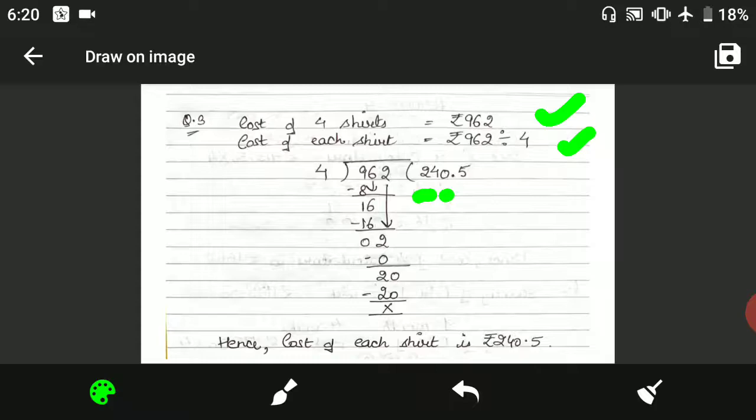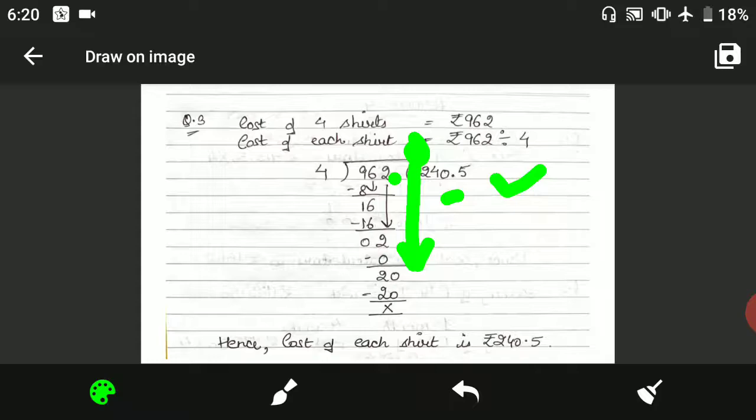Now the numbers are finished. What do I do, students? Now see, when the numbers finish and the question is not divisible, in that case what do you do? You put a dot here, clear, and one dot here, clear. After that you take as many zeros as you require. I have taken 1 zero and this 0 I will carry forward, meaning I will take it down. Now it becomes 20. Now in the 4 table, 20 comes at 5, so I have taken 5 over here and 20 down of 20. Then I subtract it. 20 minus 20 is 0, so I stop.